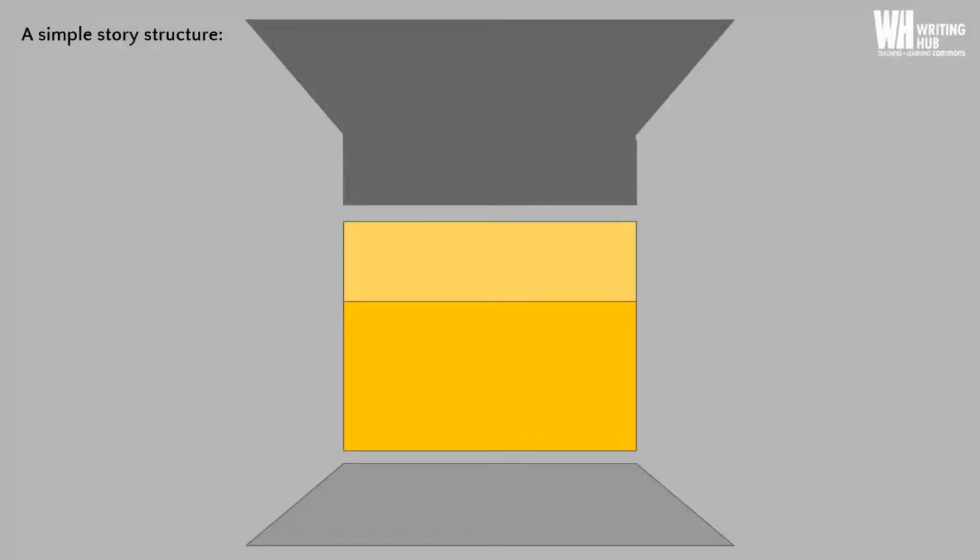So here's a very simple story structure. This does not follow a plot diagram with rising action, climax, falling action, or anything like that. This is just a very, very basic story structure. So roll along with me as we explore a story structure using The Hunger Games, an example of a story that you might be familiar with. And if you haven't seen The Hunger Games, spoiler alert.